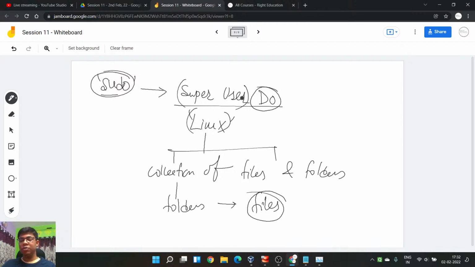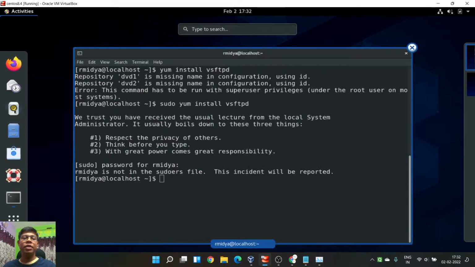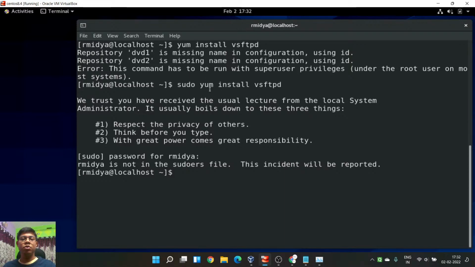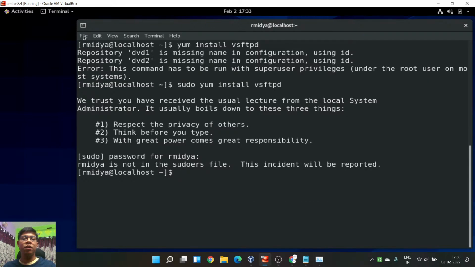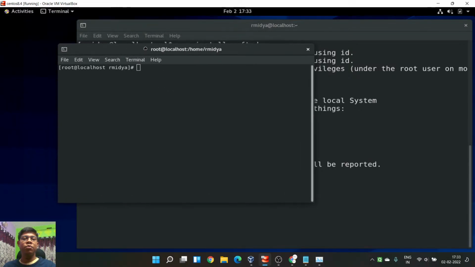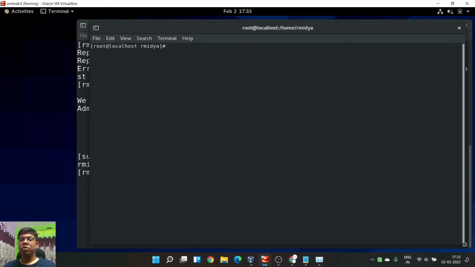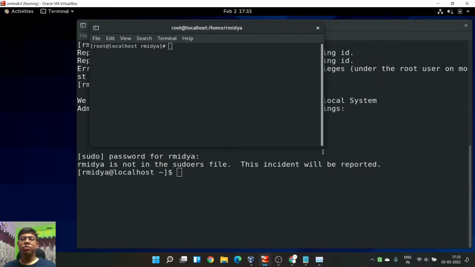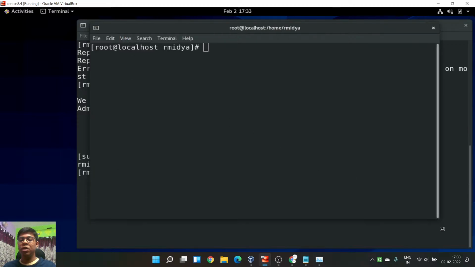So that means if I show you one of the files, I showed you this file also. If I quickly open another terminal, that will again open into the root account. So let me go to file, new window. I'm opening another window. All right. Let me scale this window. This is a little bit difficult to see, so let me zoom in. All right, now I believe it is pretty visible.